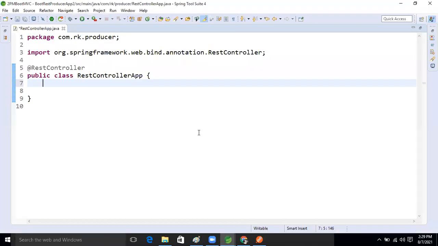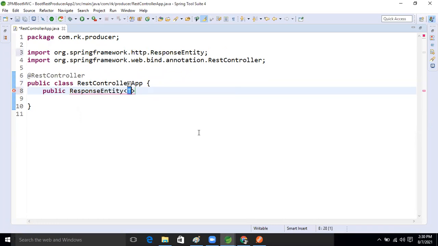So here I will take public ResponseEntity. I'm taking the string type only, generic type is string only.